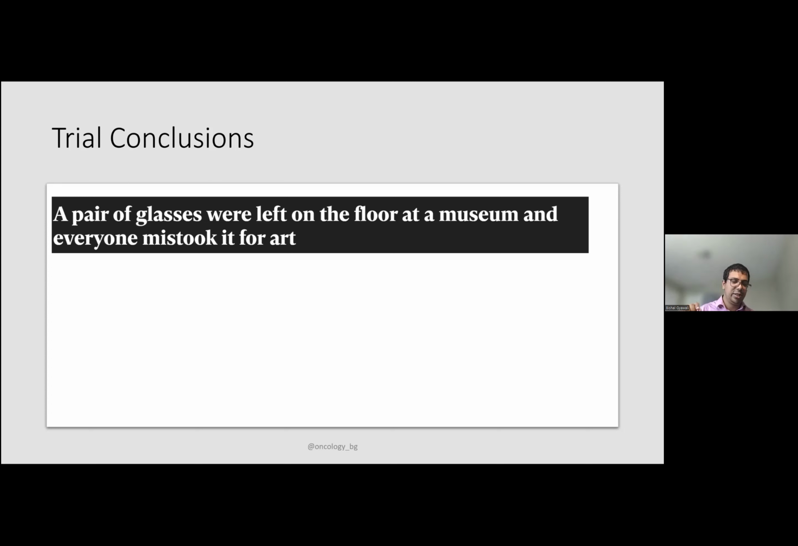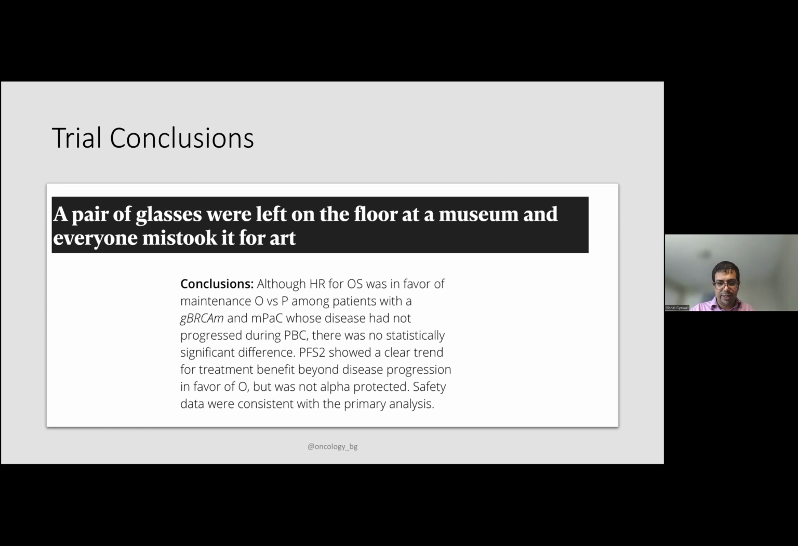You might find some subgroup analysis, you might find some tiny positive findings within the bigger picture, and you might highlight that. So trial conclusions are like that. We should be very careful. For example, this is a trial of olaparib versus placebo. Here the conclusion, if you read, says, although the hazard ratio for overall survival was in favor of maintenance olaparib,